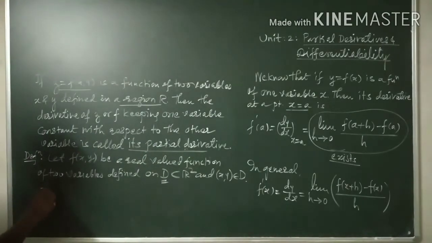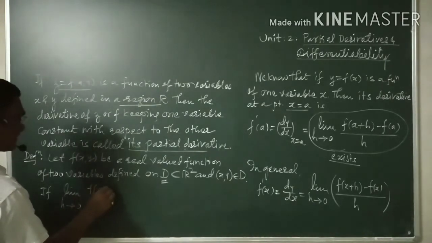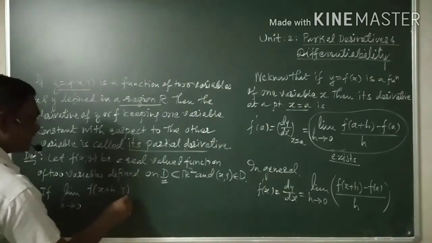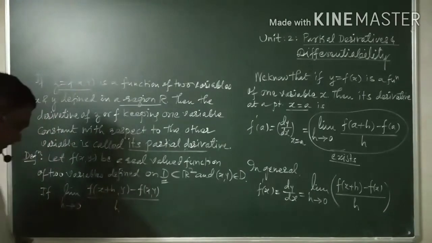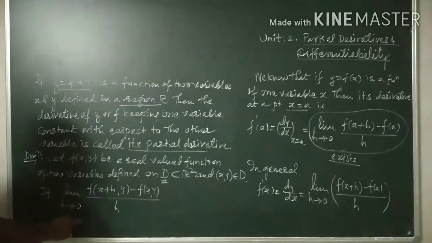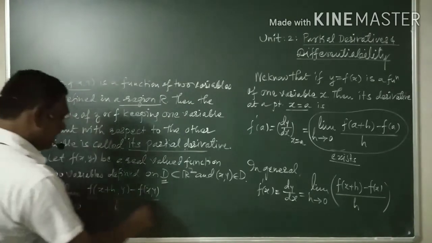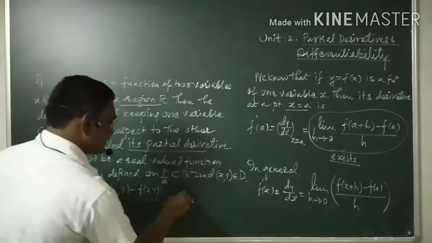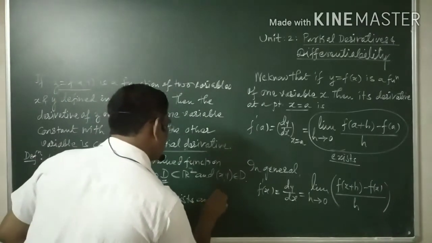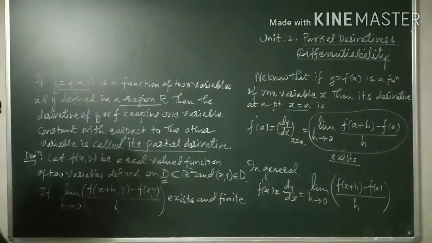if the limit as h tends to 0 of f of x plus h, y minus f of x, y divided by h, that is, if the limit as h tends to 0 of f of x plus h comma y minus f of x comma y, divided by h exists and is finite, just as we have said here, exists and finite, then